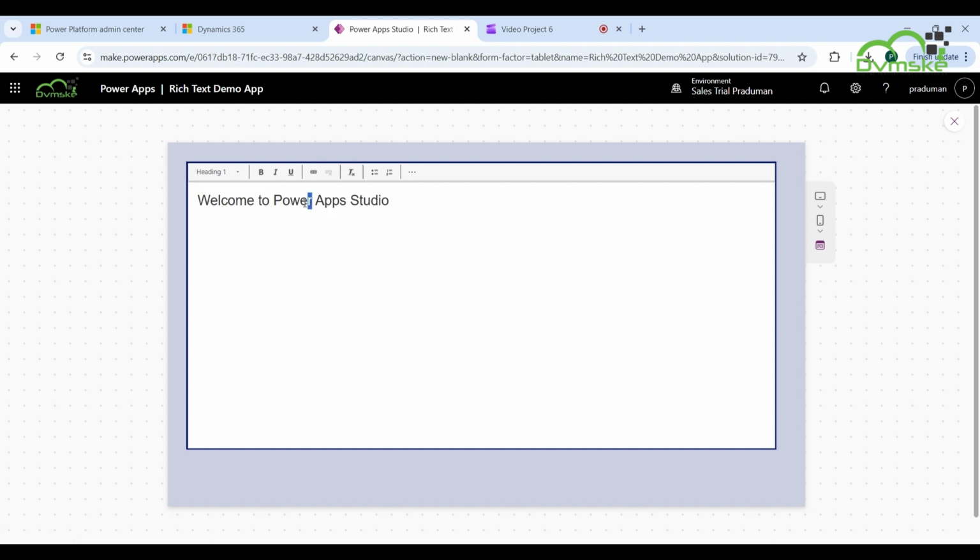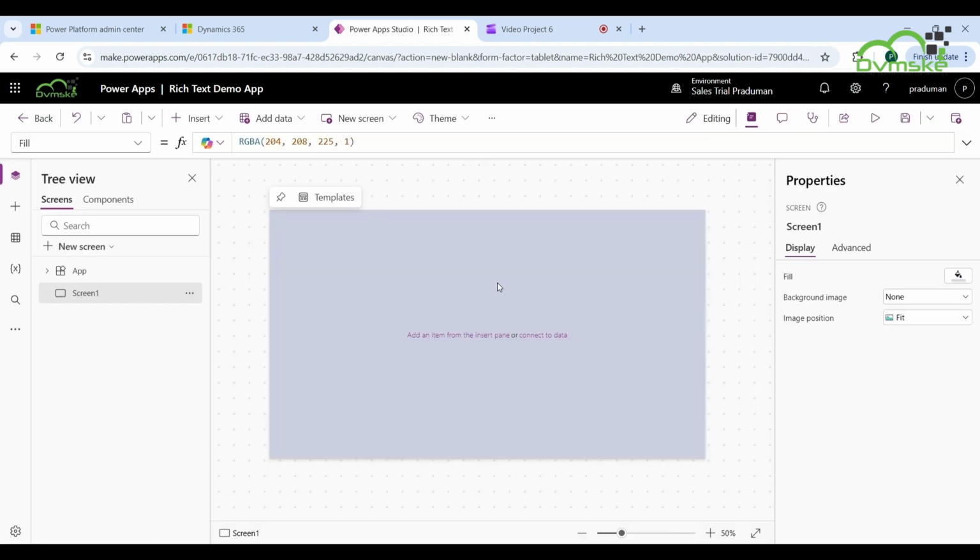The rich text editor is an input control that allows users to enter and format text with different styles such as bold, italic, underline, bullet points, hyperlinks, text alignment and more. It is very useful when you want users to add formatted content like descriptions, comments, notes, or detailed information inside